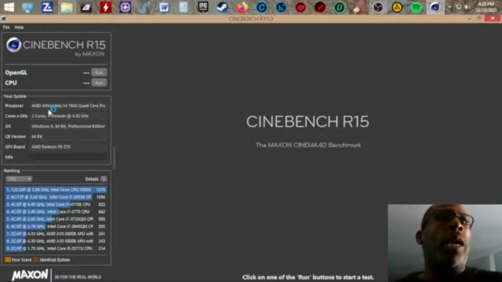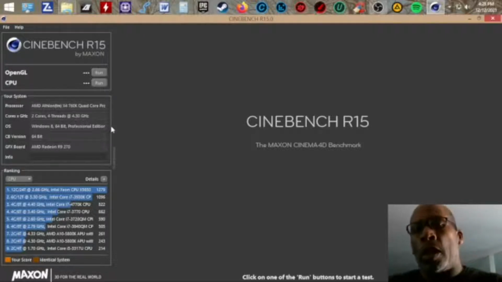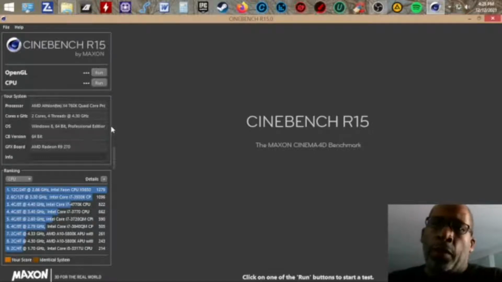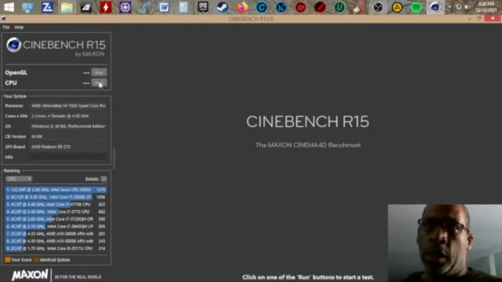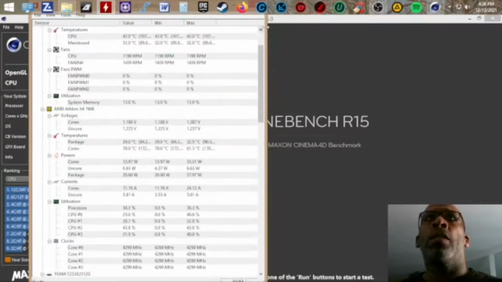So right now I'm on the Athlon X4 760K quad core processor, which is giving me 2 cores, 4 threads at 4.3 gigahertz. But I'm gonna go in the MS config, which is Microsoft configuration, and open up all cores to 4 cores, 4 threads. OS is Windows 8, 64-bit. GFX board is the AMD Radeon R9 270, and we're finna run the test. But first, let me open up my CPU-Z so y'all can go ahead and see the